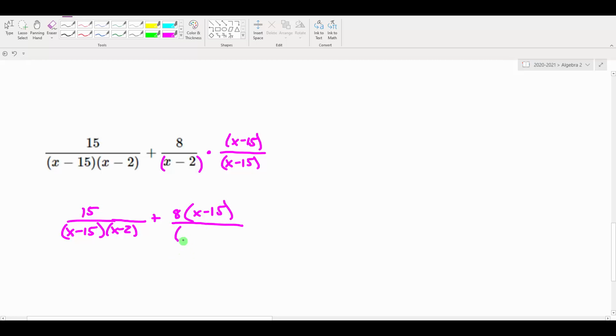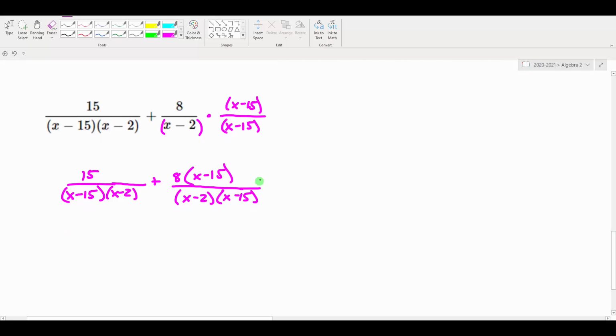Okay, we are going to distribute on this one and get rid of those parentheses, but first I want to get the addition part down and done before I do any kind of simplifying. All right, so once I multiplied there, now look at my two fractions. The denominators are the same, so I can combine these through addition. So when we add two fractions that have the same denominator, we put them together with that common denominator, right? So we're going to keep the bottom. So we've got x minus 2 and x minus 15,